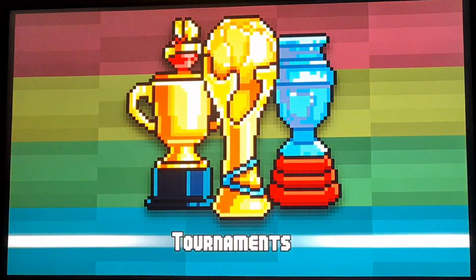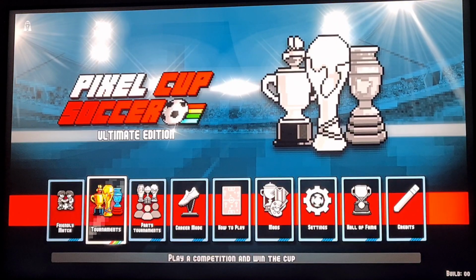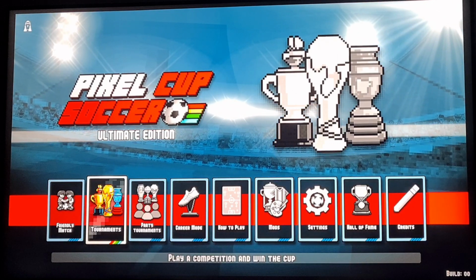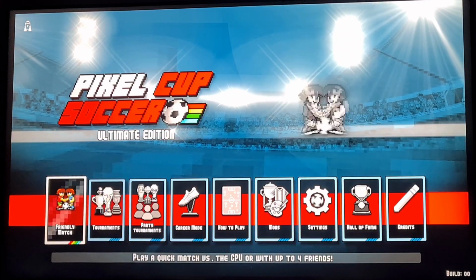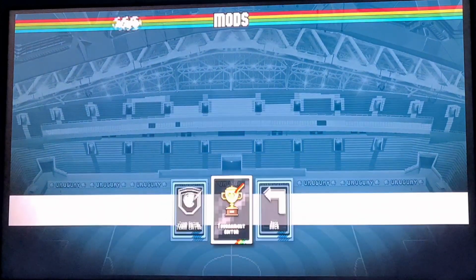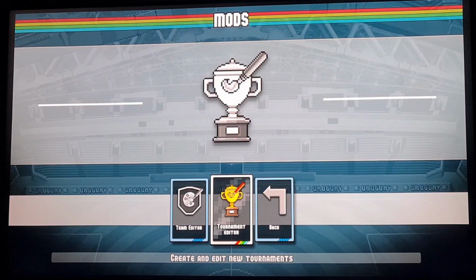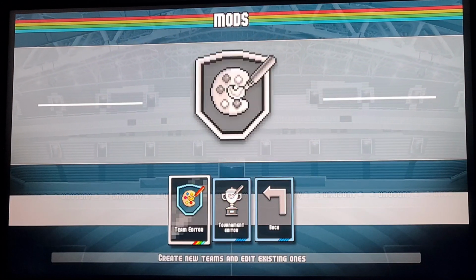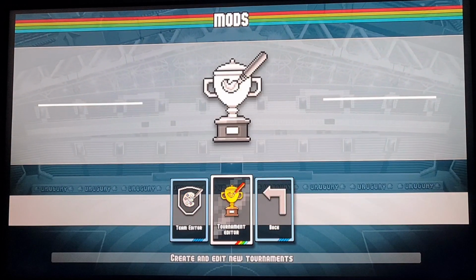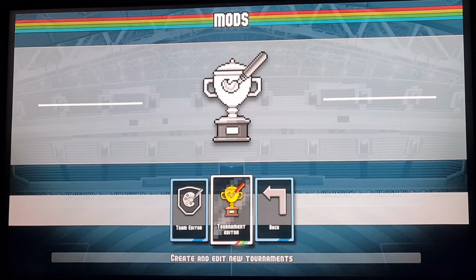But there's a way you can get through this quicker if you want. Now those do have slightly bigger leagues, 10 teams and 8 teams, okay? But what you can also do is come out of this and go into the mod section, worth looking in here, folks. In the mods, you can edit teams, and that means you can create brand new teams. You can also go into the tournament editor and create